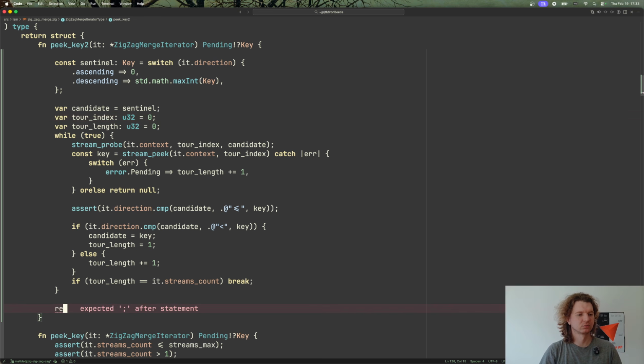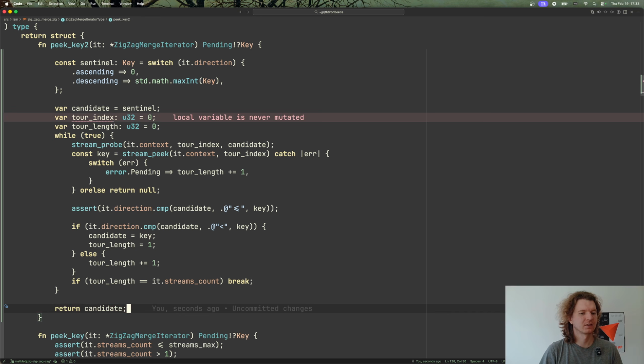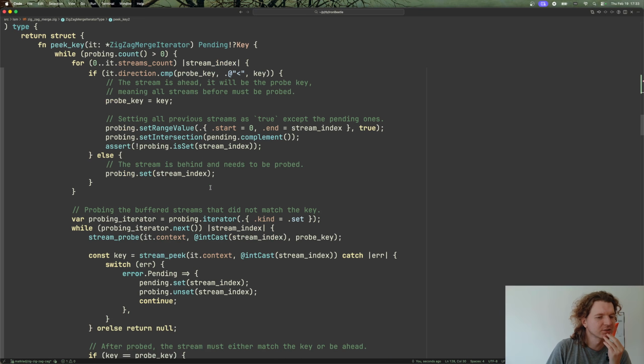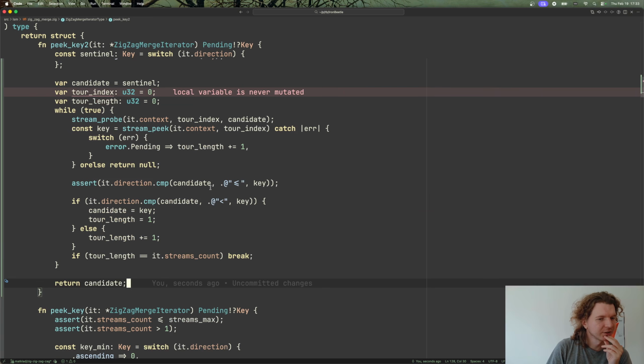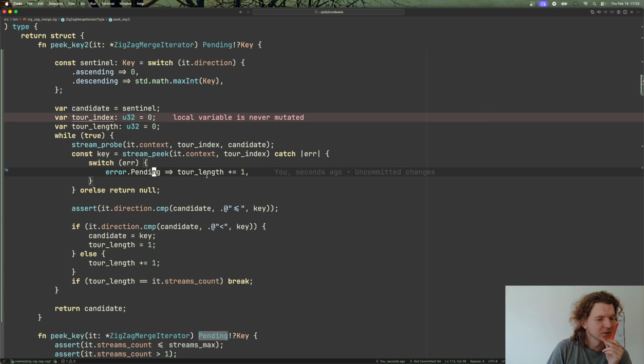Here we essentially do return candidate. Okay, this makes some sense to me, perhaps. And it is much simpler than existing probe, at least, except that we